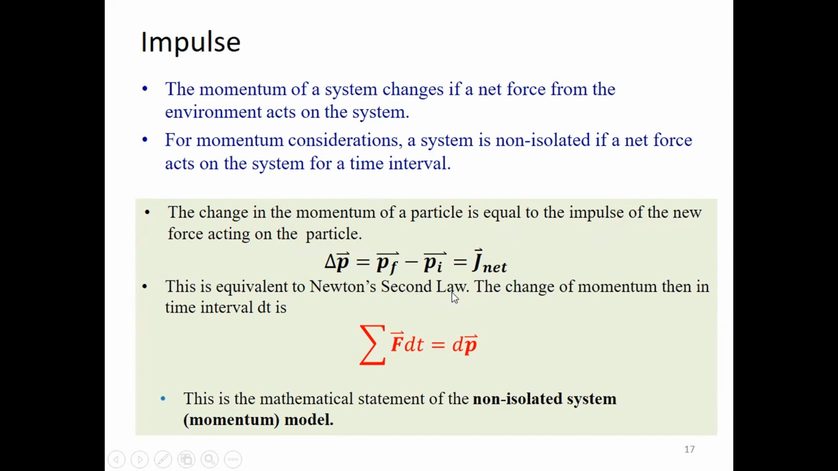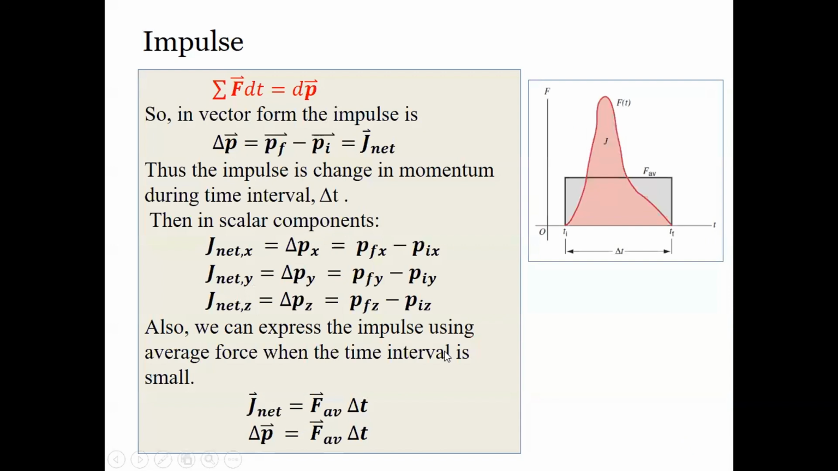This is equivalent to Newton's second law, which says that the change in momentum under the interval delta t time is given as the sum over all the forces F dot dt. So this is the mathematical statement of a non-isolated system having momentum model, and this is telling us about the change in momentum. The change in momentum is equal to the J net, or the impulse, and the impulse can be expressed in